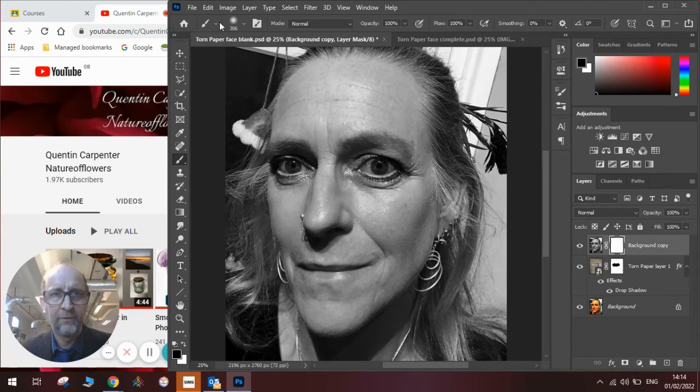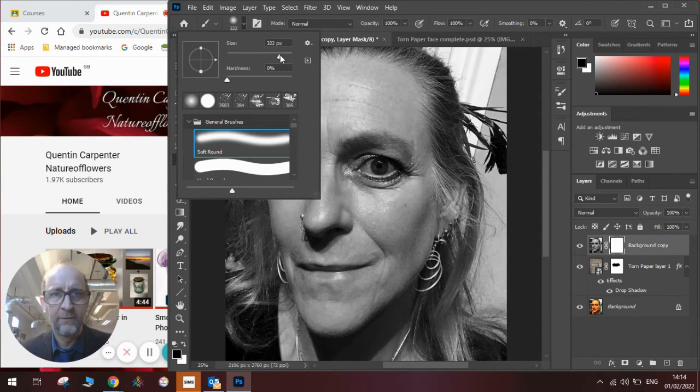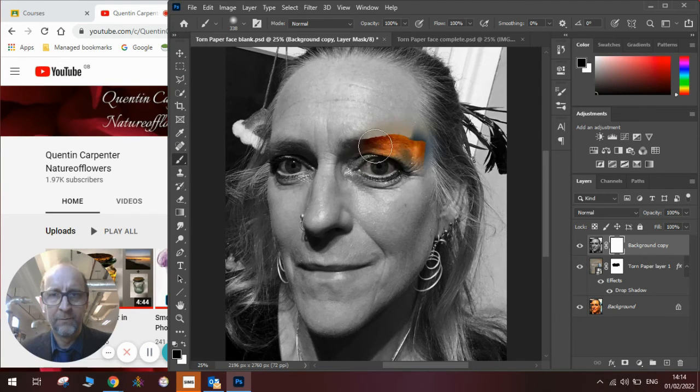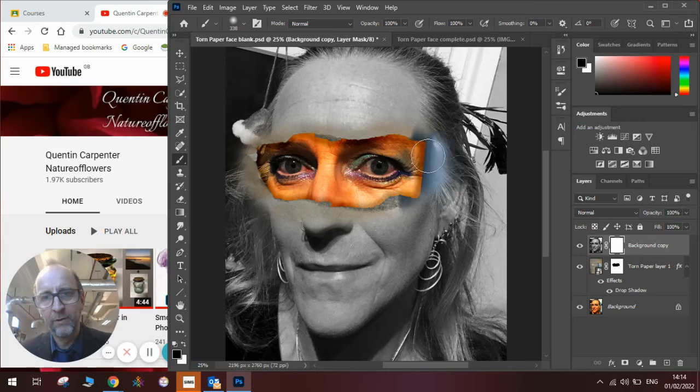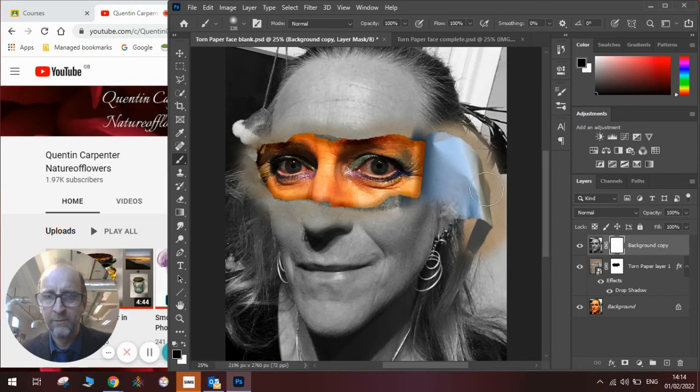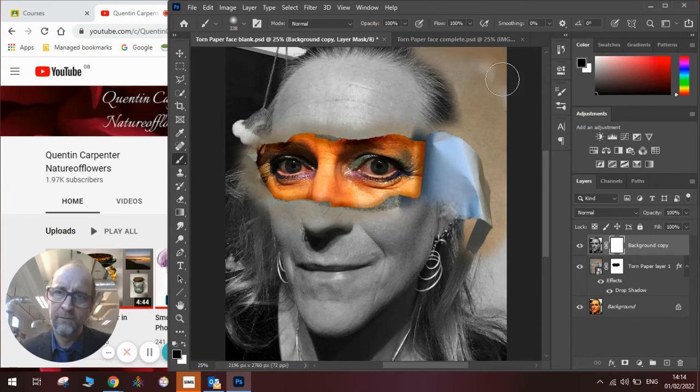We'll use the paintbrush, a relatively large size and a soft round one. We then look for where the torn edge is, go around it with our brush so that we can start to reveal the color of the layer underneath, like so. And we're looking for the bit where the paper is torn. We mask that over as well, so it looks like the torn paper. We then work our way around the edge to make it all look old-fashioned and fit in with our image,